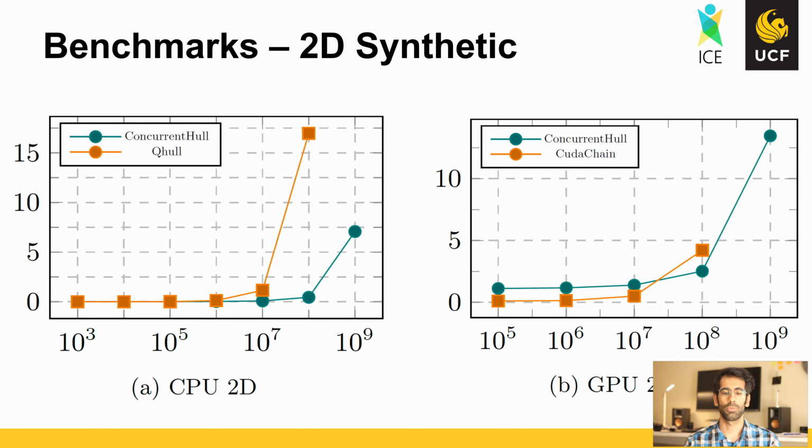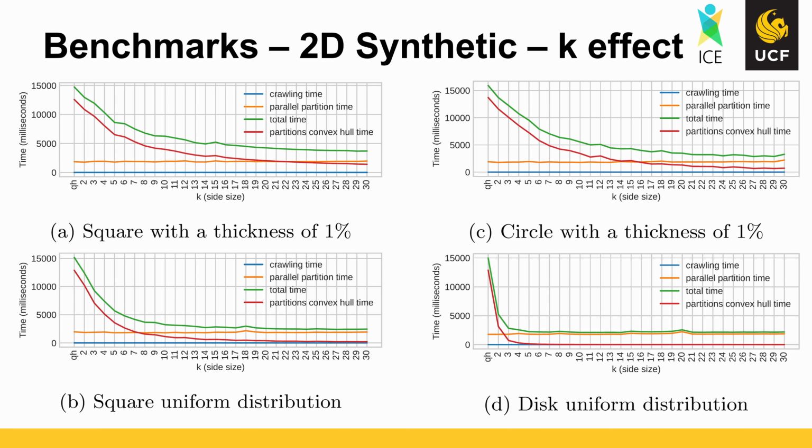This plot shows the benchmark for the 2D synthetic data. The y-axis shows the time in seconds and the x-axis shows the number of points. Here you can see the effect of k on the performance of the algorithm for different distributions of points. All of these plots are for 100 million points. As you can see, increasing k will increase the performance, but after some point, increasing k will not affect the